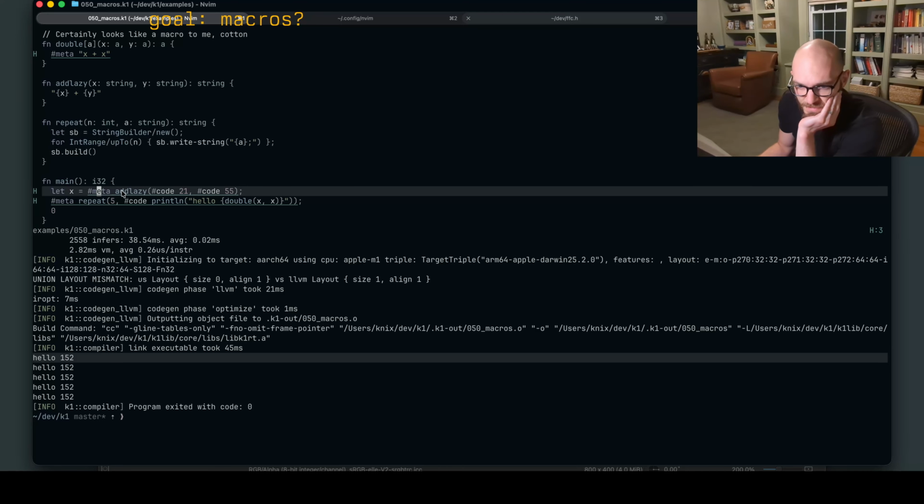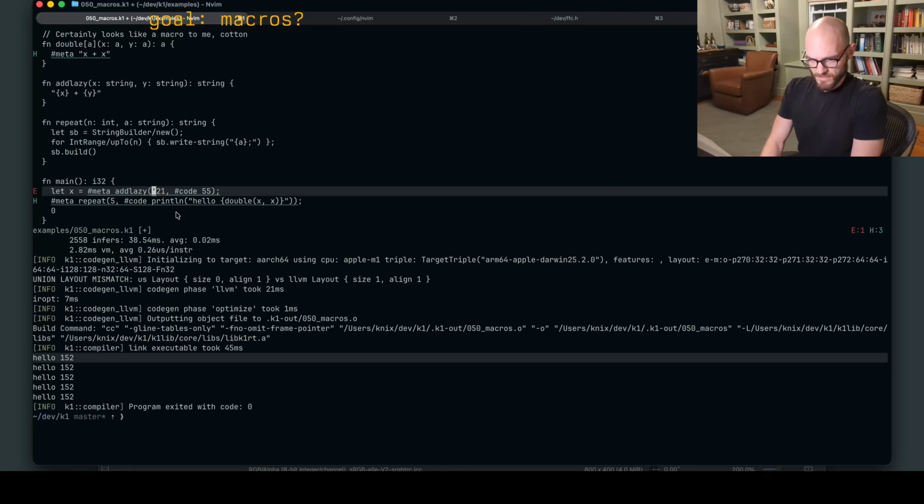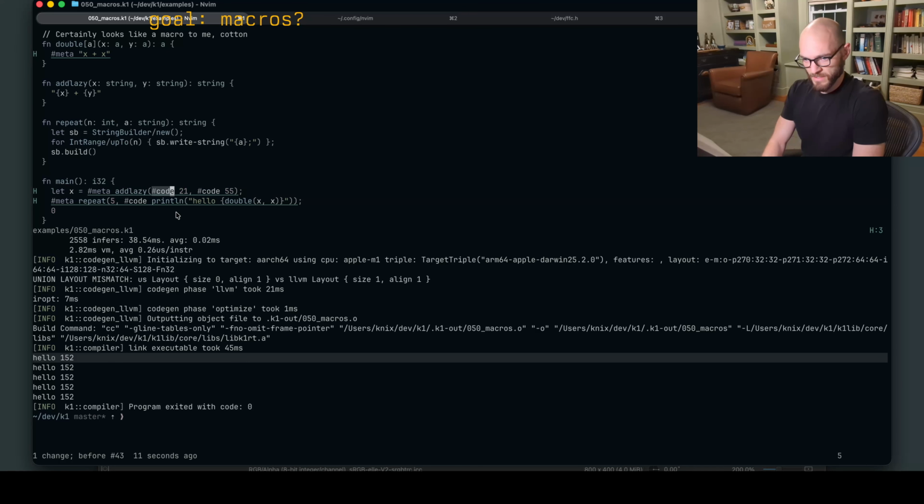Okay, which moves us on to, if we are doing the lazy one, and we don't want to wrap all our code in strings, right? Because this looks stupid. I don't want to put my code in strings. Even though I don't want it evaluated yet, we have this hash code directive, which actually produces a string literal. It's just that the stuff gets lexed and parsed as an expression. But the value kind you get is a string literal.